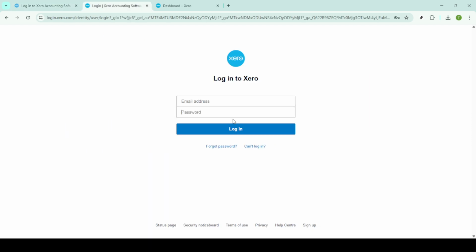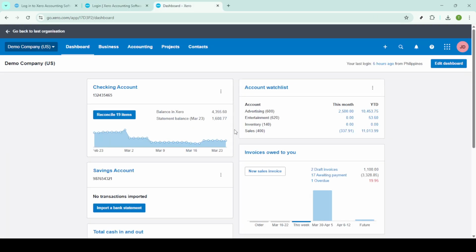First, you need to log into your Xero account. Head over to the Xero login page and enter your email and password. Once you've inputted your credentials, click on the login button. After logging in successfully, you should find yourself on the Xero dashboard, which acts as the central hub for all